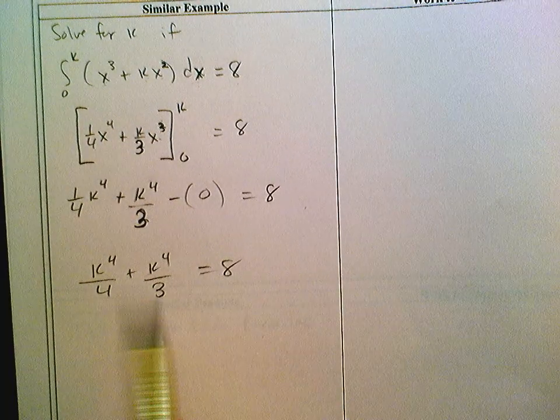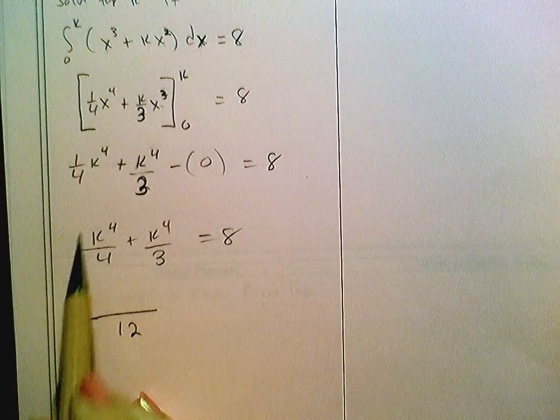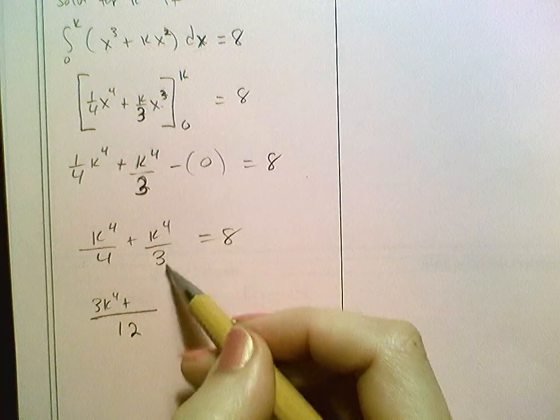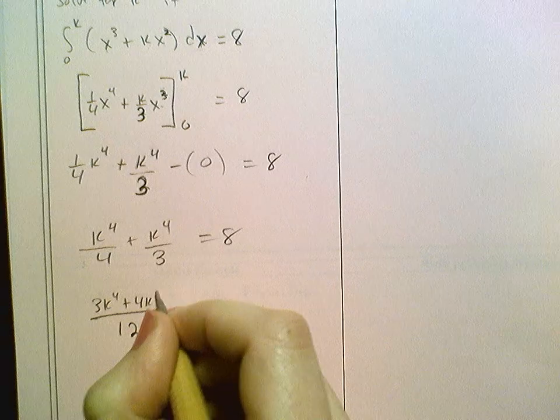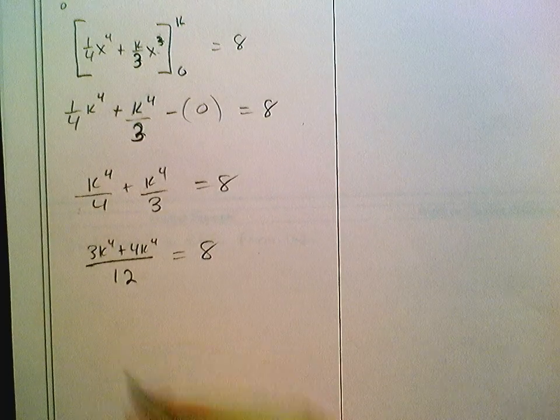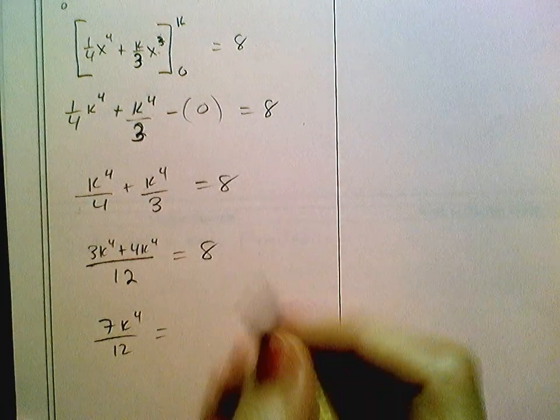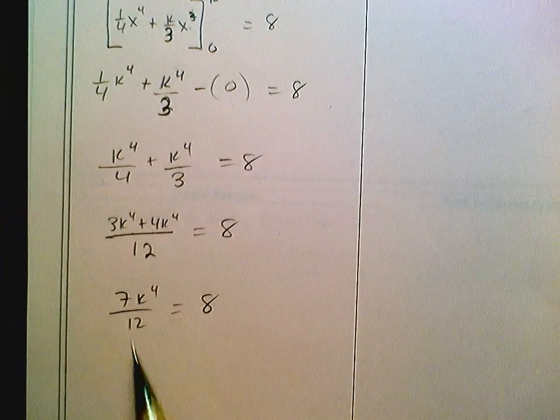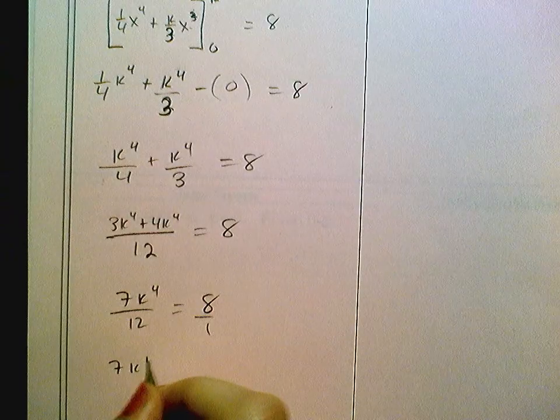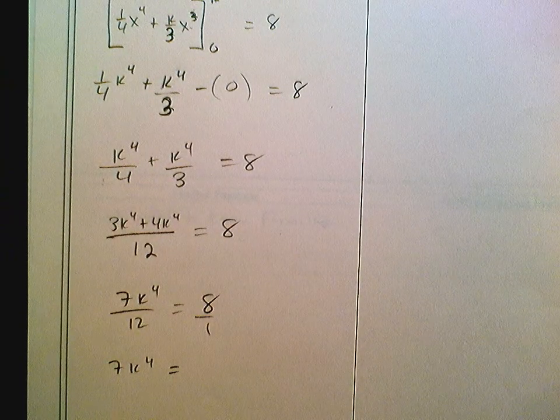So I would get common denominators over here. So you can get a common denominator of 12 by multiplying this by 3 over 3. So that'd be 3k to the 4th plus, here 4 over 4, 4k to the 4th equals 8. And then we get 7k to the 4th over 12 equals 8. You could cross multiply if you want. Yeah. And then we get 7k to the 4th equals 8 times 12